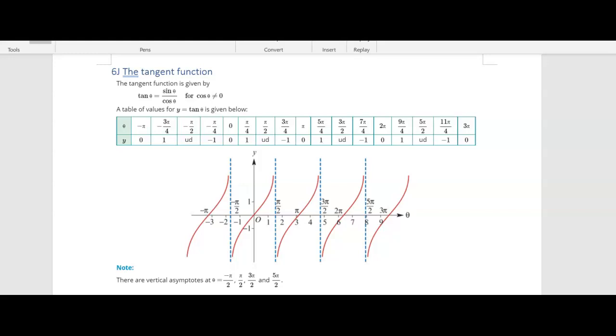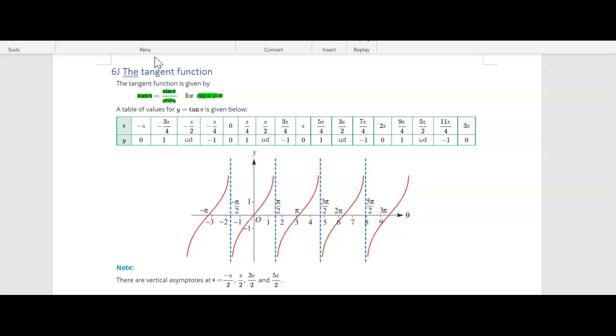Now, with tan graphs, because tan theta is equal to sine theta over cos theta, and we covered that at the start of circular functions. So if you're a bit unsure about that, go back and have a look at your notes on that when we started circular functions. So because cos is on your denominator and we can't divide by 0, okay, so wherever